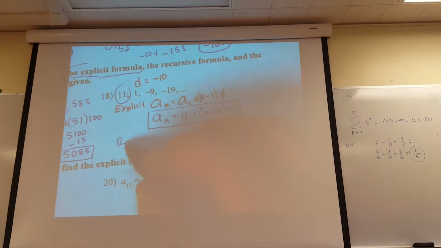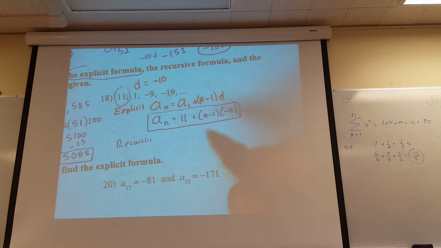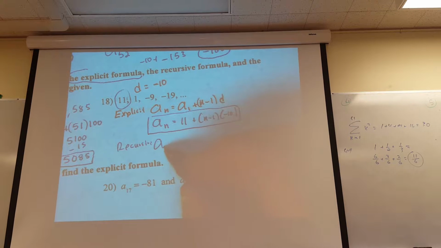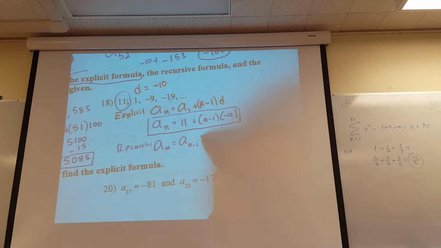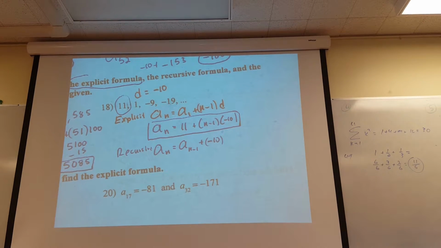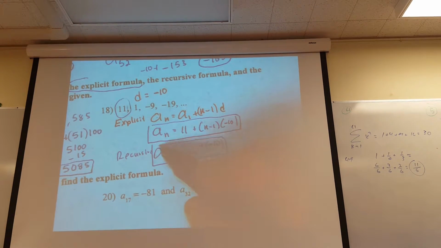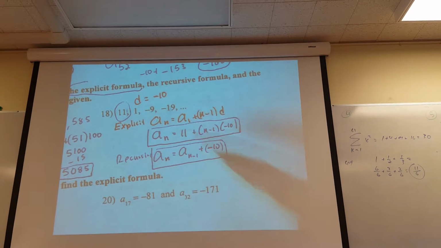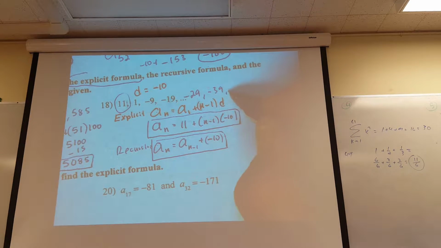The recursive, okay, just replace the D in there with the negative N. So AN equals A to the N minus 1 plus a negative N. All right, see after negative 19, what would be the next term after negative 19? And then negative 39 and negative 49,